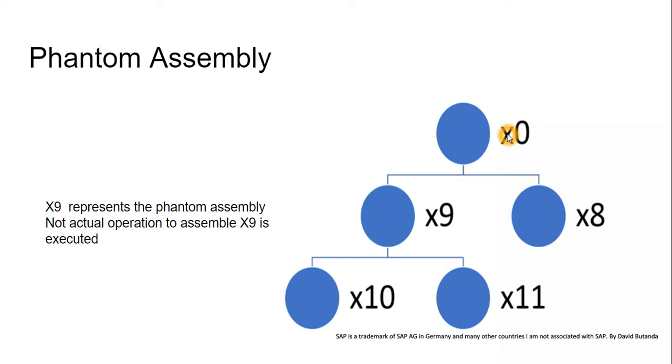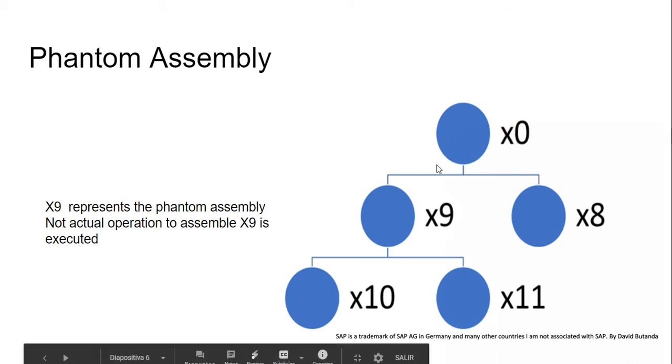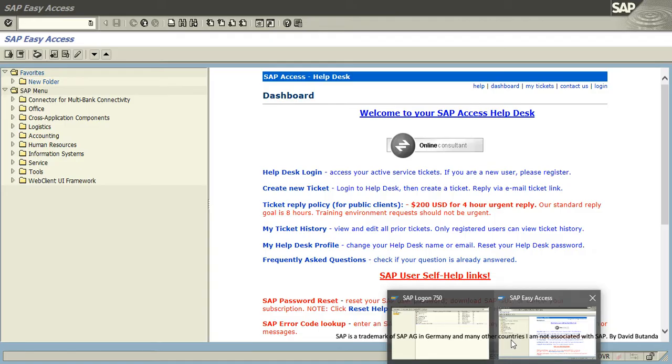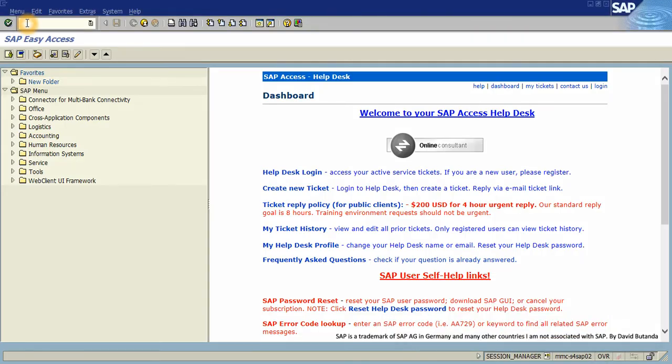And until this point, we have already created materials, we've made the bill of materials, we created the work centers, established the routings, and the production versions. So let me show you first the standard functionality, and then we will make this X9 the Phantom assembly. So if I go to the system and I go to the transaction code MD04,